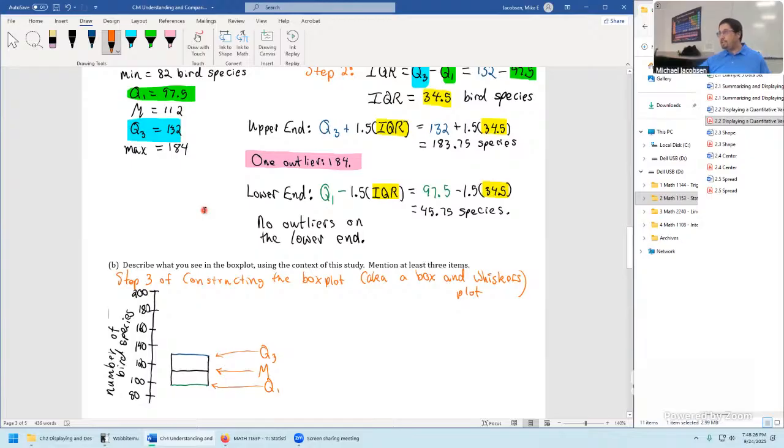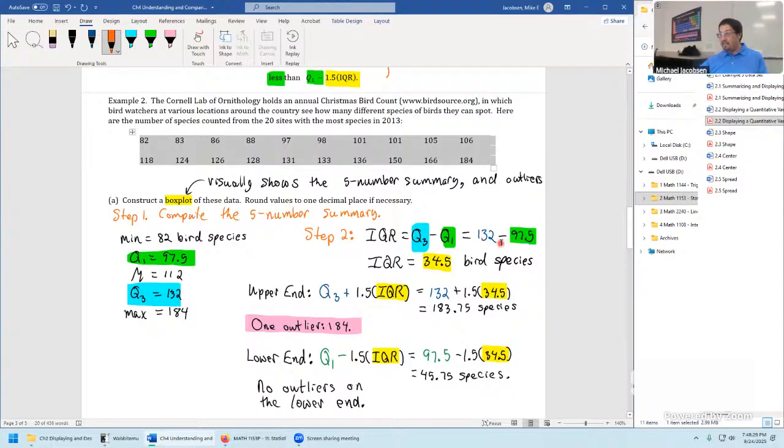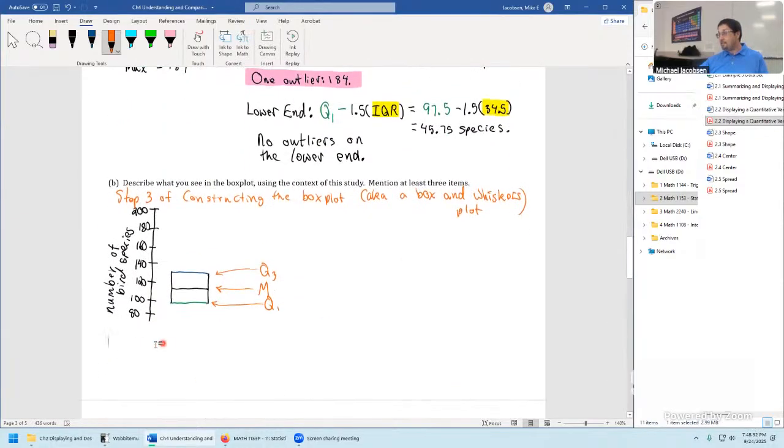Okay, next thing we want to put in, while carefully considering the data, let's bring this table down, is the outlier. That's a good next spot to start in. That's the most interesting observation in the entire data set. We mentioned this was a Christmas party, so the outlier is not something that we disregard. It's something we investigate further. Again, maybe this was erroneous information. Maybe they got a little bit too celebratory happy and a bunch of people took the same picture of the same species. Maybe that value should really be like 130. But what the data says, an outlier of 184 is going to be plotted this way.